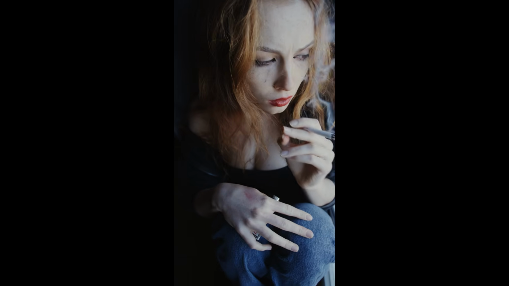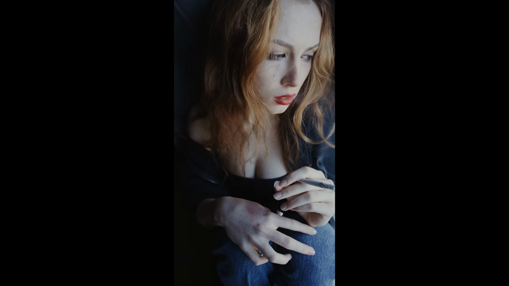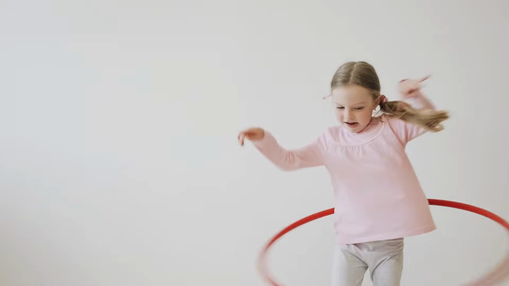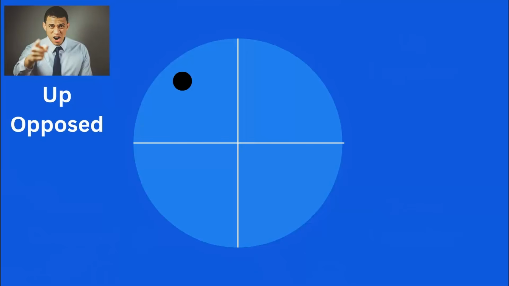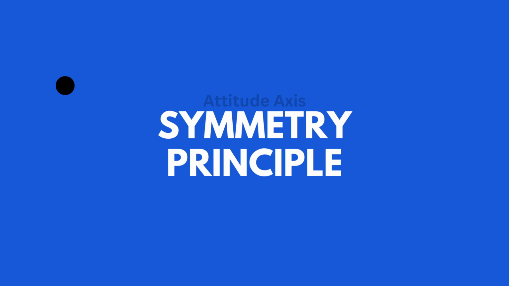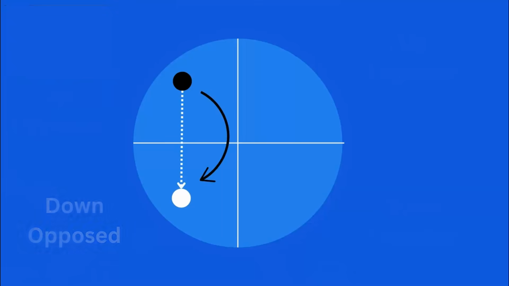Now, imagine you're a therapist or a coach and you're trying to help a client to quit smoking. Your client tells you that she hasn't been able to quit and that she's even still smoking around her 4-year-old daughter. You say, "You should really quit doing that. You are damaging your daughter's lungs." So now you're taking an up opposed position. The principle of complementarity tells us she will go down. And the principle of symmetry tells us she will stay opposed. The client will naturally take the down opposed position.